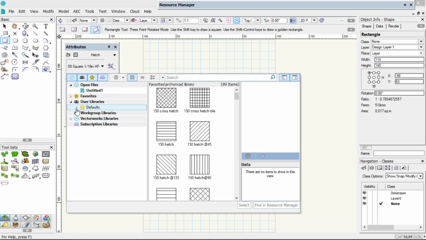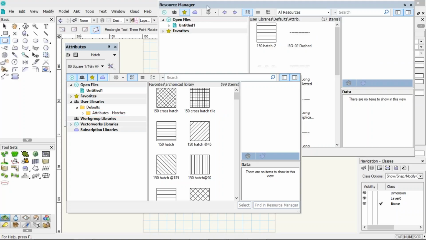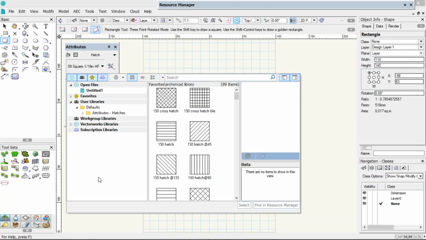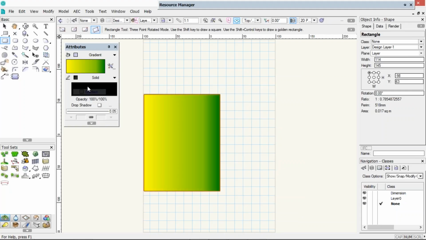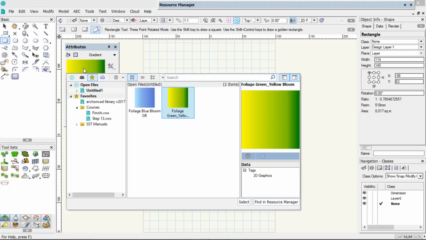But you might notice right here that where it's got the defaults, my user library defaults, it's only showing me the folder for the hatches. So when I'm in the attributes palette and I'm looking for a hatch, Vectorworks will only show me hatches. Won't show me any other resource. Unlike here, where it can show you all kinds of different resources. So if I change this to look at gradients, and we turn these on,